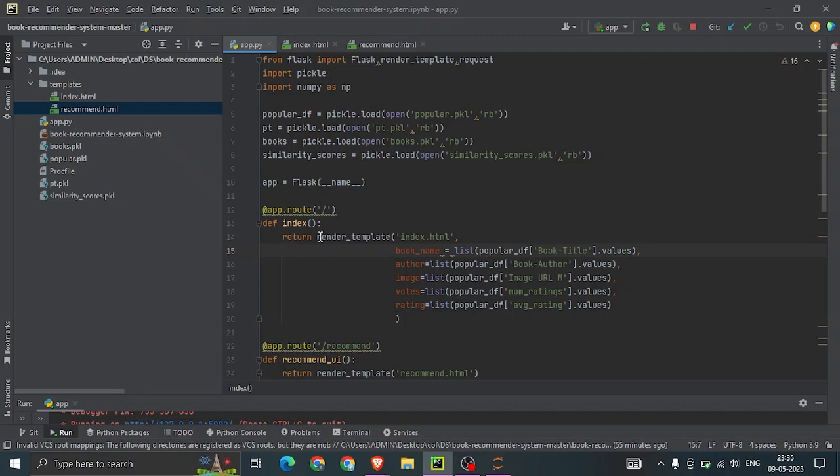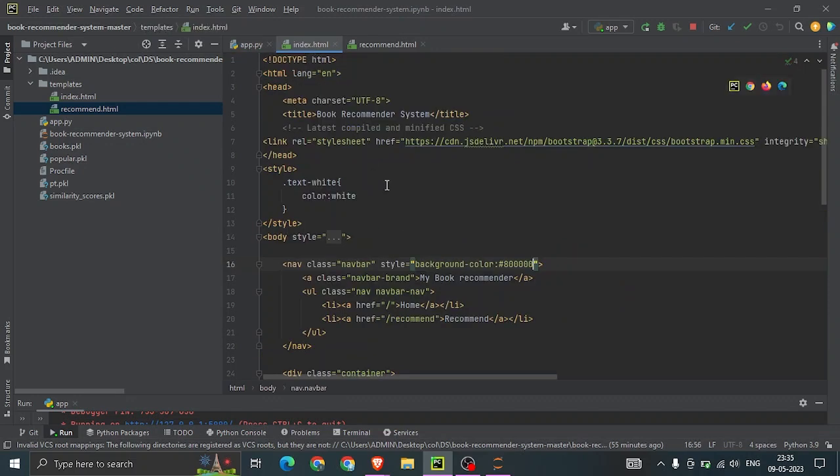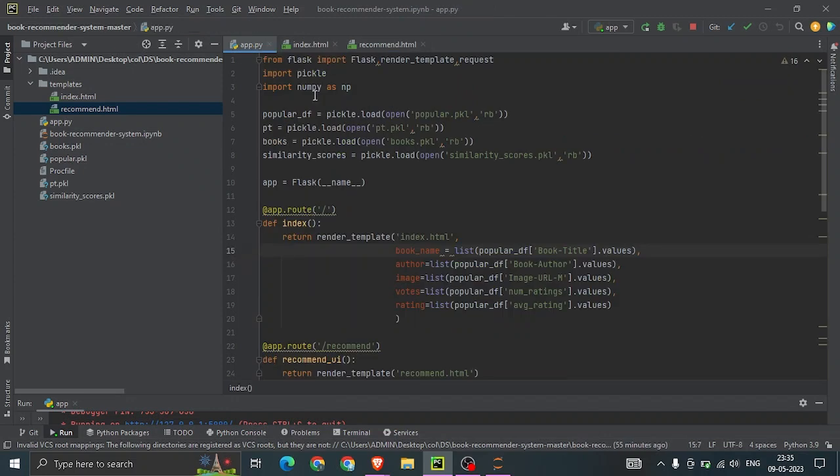I'm writing the HTML code in index.html and recommend.html, and these two HTML templates are displayed using the render_template function. This render_template is an inbuilt Flask function which basically connects the templates in Flask.